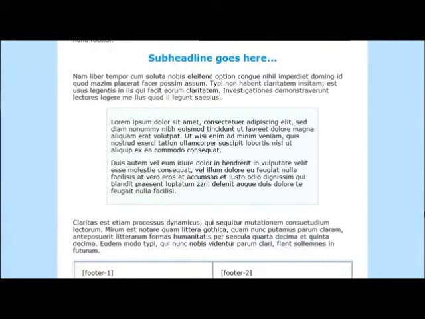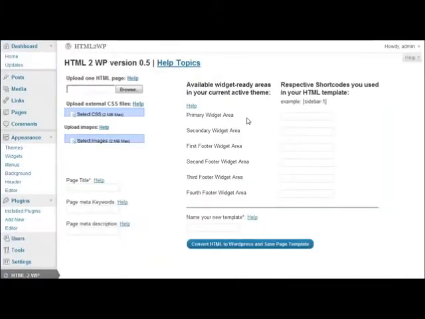You can see them down here, footer 1 and footer 2, to keep things simple. The plugin will replace these tokens with widget ready areas. That way you will be able to add WordPress widgets on your page, like categories, archives, popular posts, or whatever other widget exists.